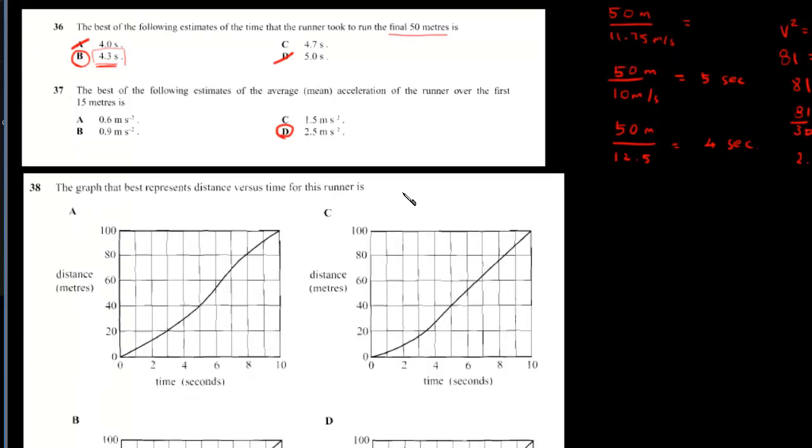So they're all sort of bundled together. So if you get one question wrong, there is a very high chance that you get the rest of the questions wrong. So we can see that the final 50 meters is right there. That's 50 meters there and 50 meters there. So if we actually put a line through like this, okay,